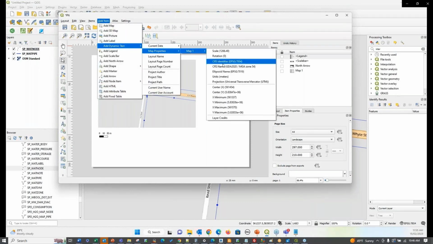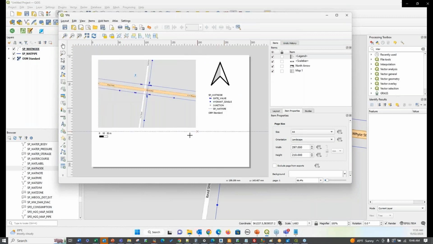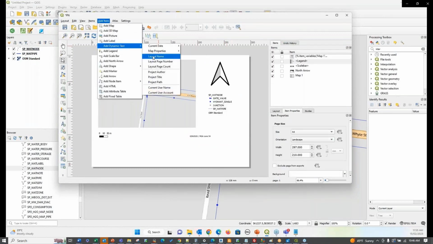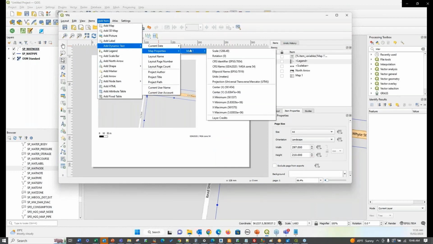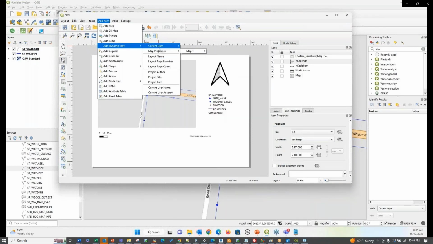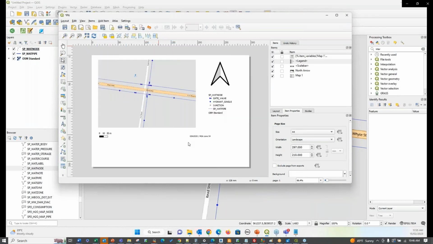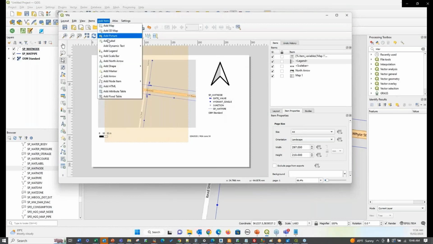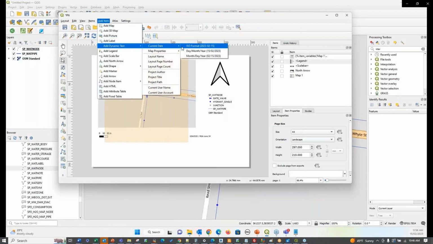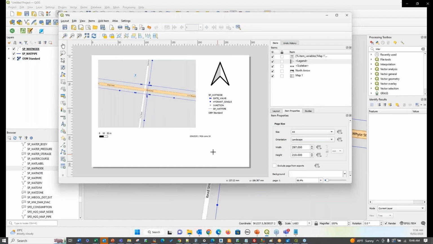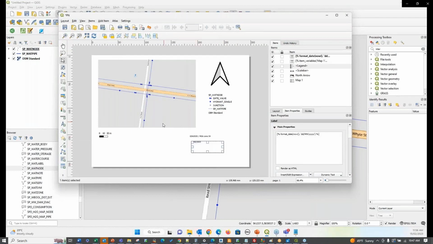You can add a whole lot of just a big piece of text. You can add stuff like the coordinate system. It'll put that straight down there. And then, of course, other things like the units and the min max and all of that. A bunch of things that you can automatically go and add to your layout, dates and the like. So if we put that in, let's put in day, month, year, we're just putting that down and